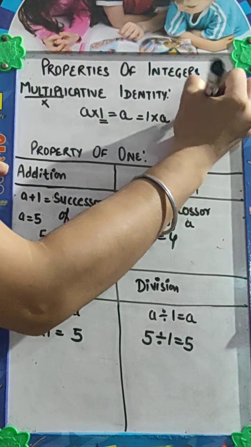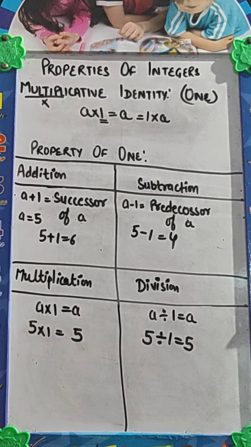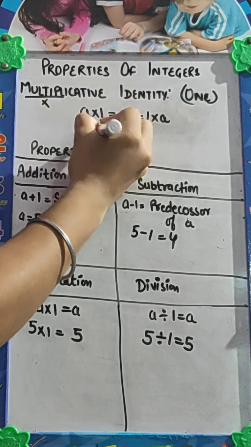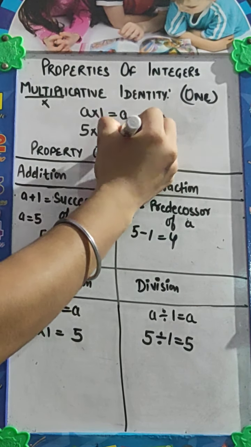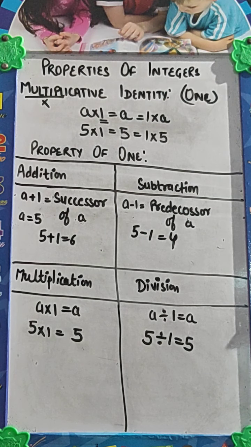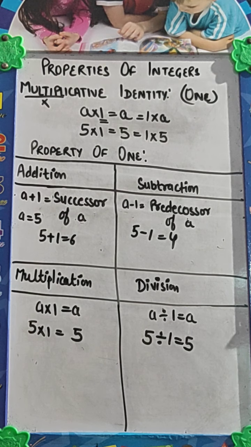So our multiplicative identity is 1. हमारी multiplicative identity क्या है? 1 for integers. Means if we multiply any number, any integer, by 1, we get the same number. Supposedly if I am having 5 multiplied by 1, we get the same number. In the same way, if I multiply 1 by 5, means if I change the order, our result remains the same. Now we will discuss the additive inverse and multiplicative inverse also.